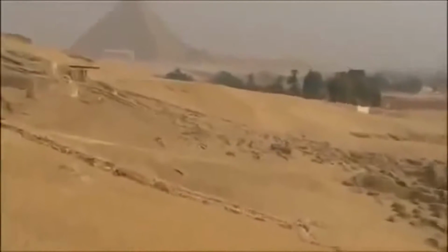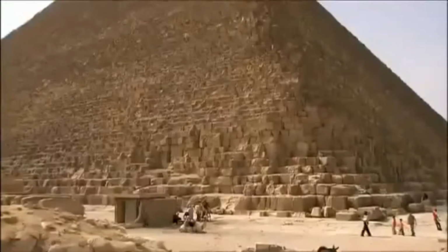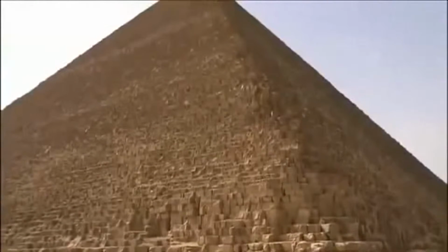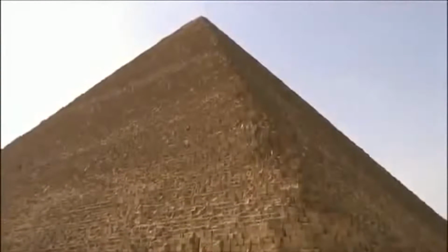But none of this fascinating research yielded any new information about the methods used to build the pyramids, especially not for the biggest and most complex of them all, Khufu. Towering at 146 meters, it